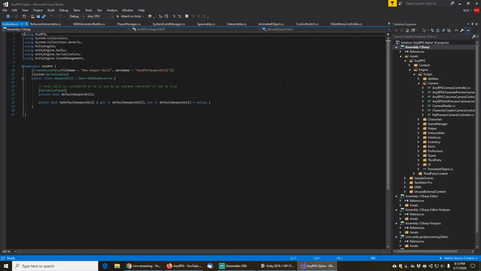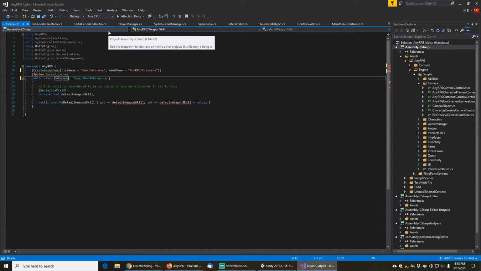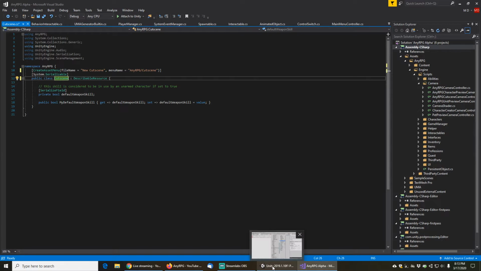So now we're going to open up the cutscene, and this is going to be a new cutscene, and the menu name is AnyRPG Cutscene. The class will be cutscene, and then what we're going to do is go into the scene node class basically,